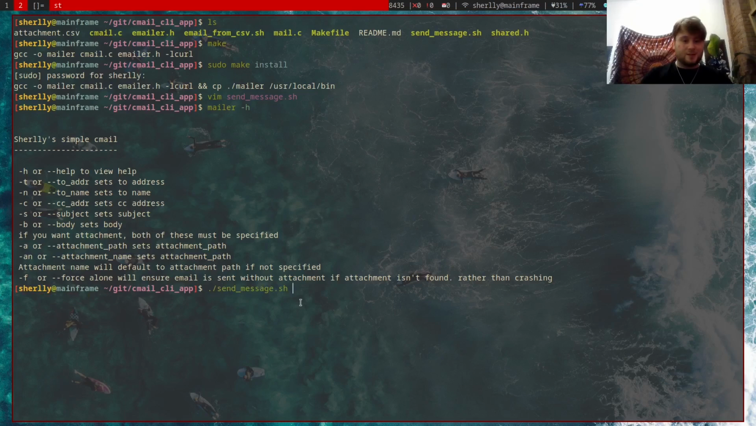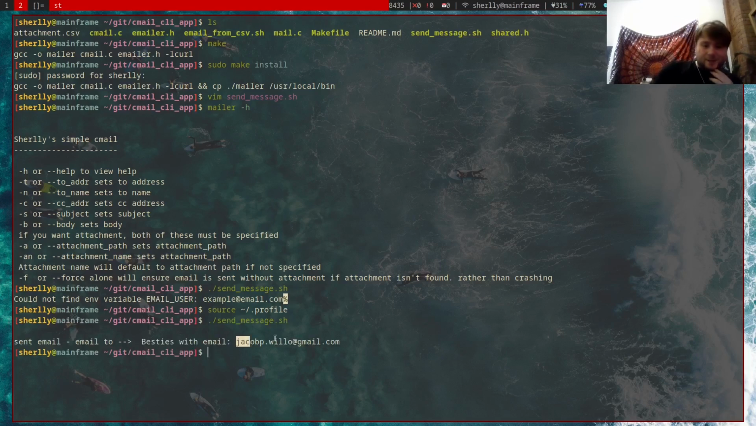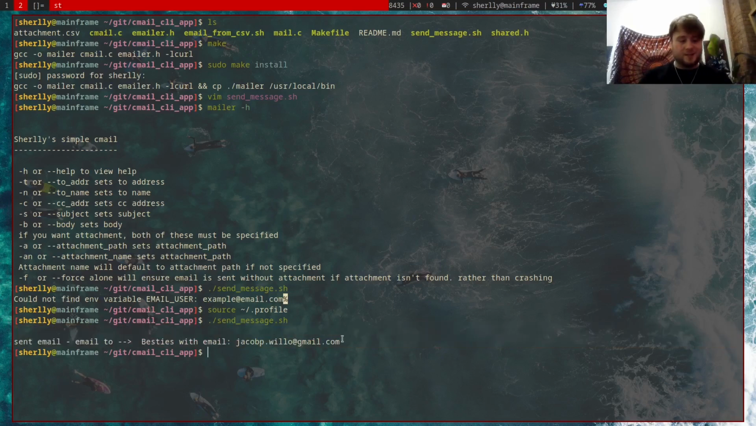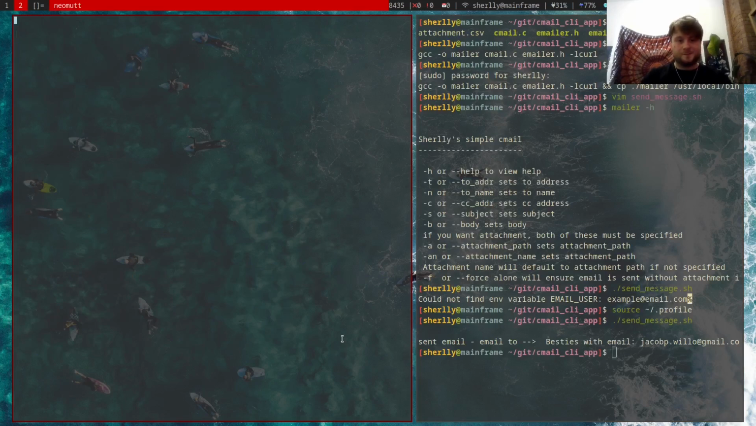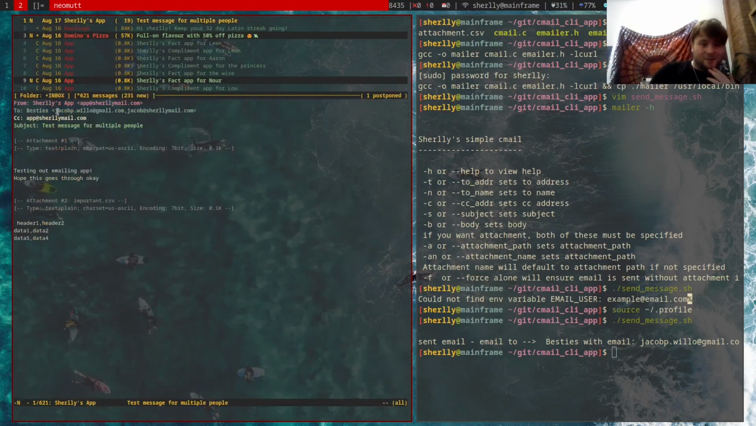So, send message script. I need to source my profile. So yeah, I couldn't find that, that's a bit ugly, I should fix that. And there we go. It just specified one, but it did send it to all of them. So if I open up my email, it's using NeoMutt. This can also do something very similar. We can see that it was sent to two people, and it's CC'd in app@showme.com,